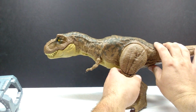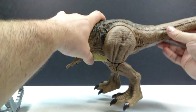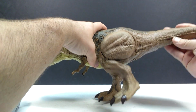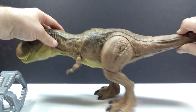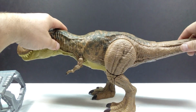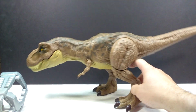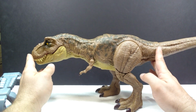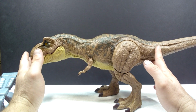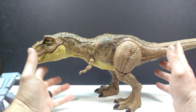And then, of course, we have the Stomp'N feature, so we'll use the tail for that, I believe, and we have to do this. So that's really cool as well. That's definitely something that's very unique and different, and I love that it actually makes the stomping noise as it goes. And although it's a little hard for me to actually control that from way back here,